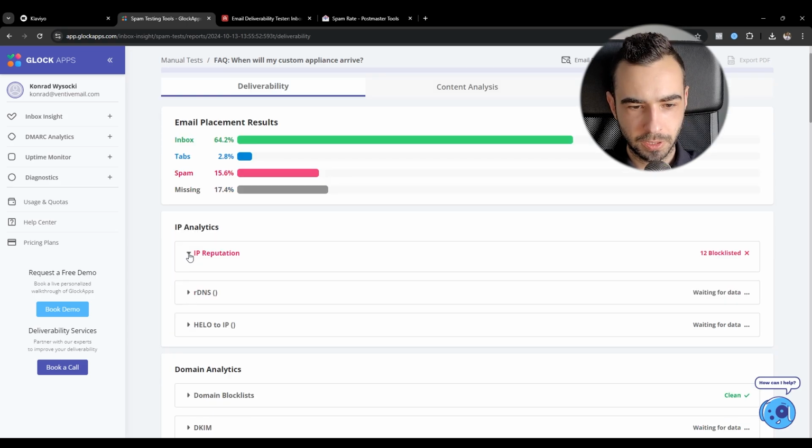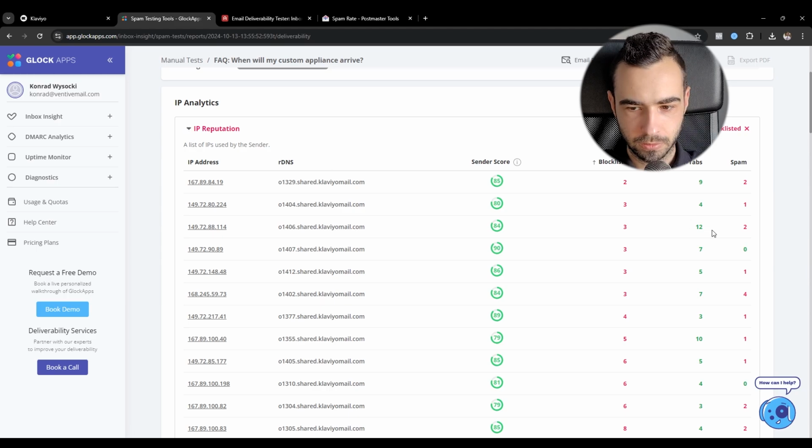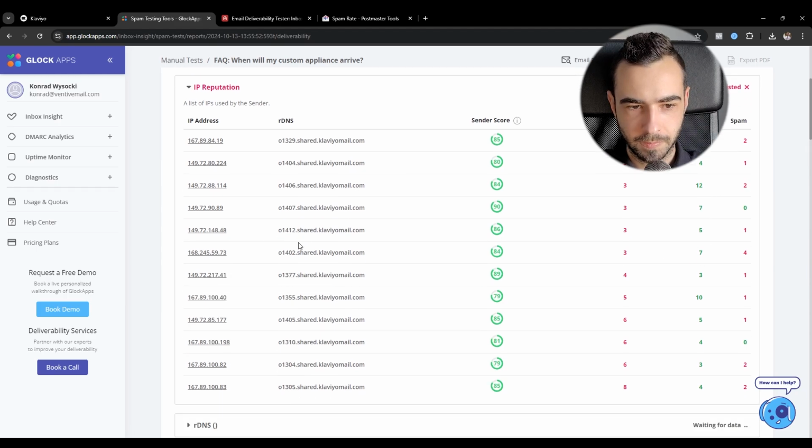So in terms of the IP reputation, it's going to show you blacklists, and it's also going to show you the sender score for your Klaviyo sending domain. It says shared because it's reverse DNS; the actual brand has a custom sending domain. So that's important to know. And then it also is going to show you which specific IPs are landing in spam and which ones have